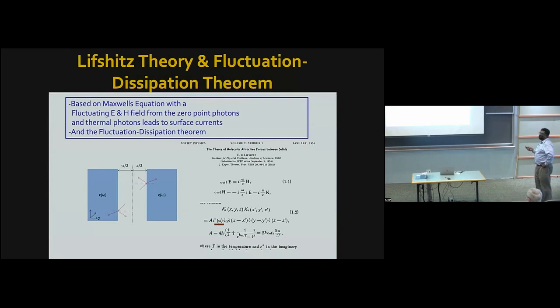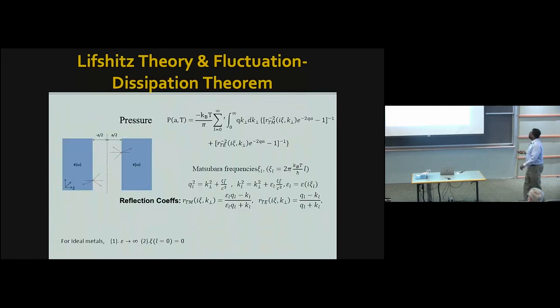This has been done a few times here already, but I will just remind you. Of course, everything's based off the Lifshitz theory when it comes to real materials. You start with Maxwell's equations of fluctuating E and H fields from the zero-point photons. If it's not only zero-point photons, so there are thermal photons, we have to take thermal photons into account as well. And you have to use the fluctuation-dissipation theorem. Here, it is the imaginary part of epsilon that's critical in the fluctuation-dissipation theorem. This is something that we have to worry about as we compare the two. We went through this already many times. And the pressure is given in terms of the reflection coefficients for the TM and TE modes,